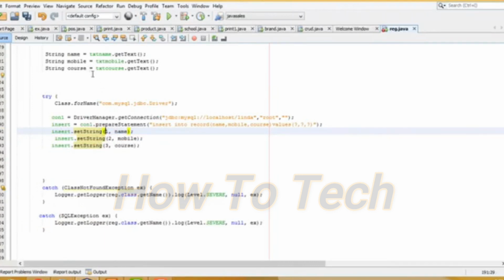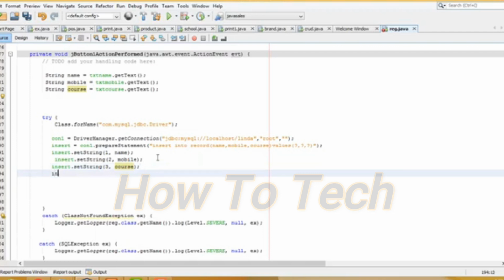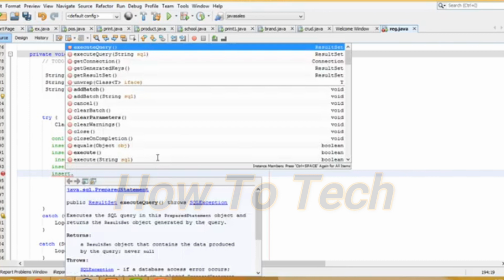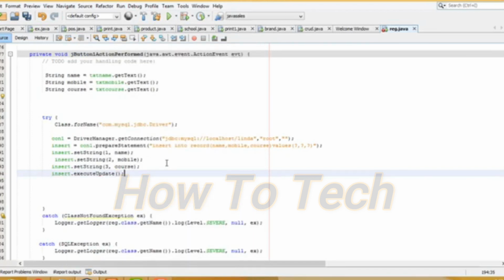This is a text box. When you enter the data, it is put into the relevant variable. This variable I give here, and it is passed to this question mark to add the records into the database. Now after that I am going to execute the query: insert dot executeUpdate. That's the only thing we have to write. Now the final thing,